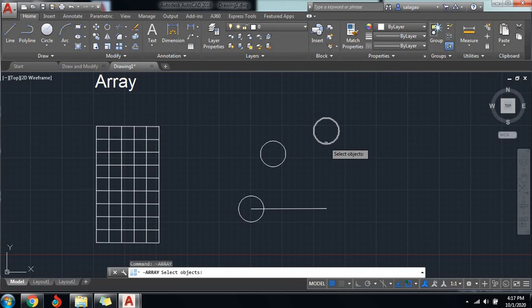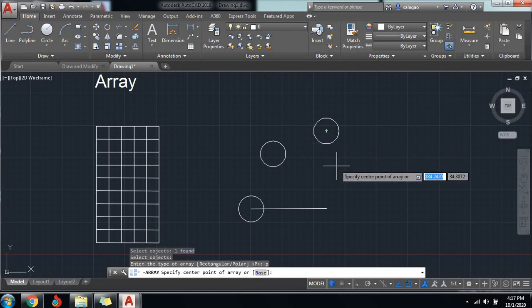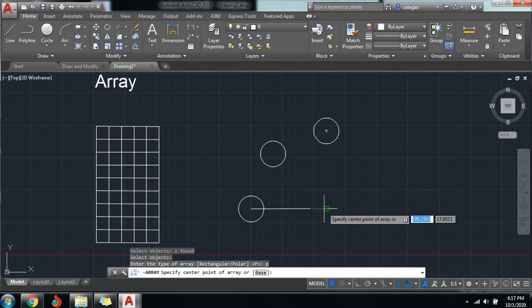and then you're going to click the object here, enter, and then polar. Okay, and then we have the base point. So our base point is here. Okay, enter. Enter the number of items. Say for example you have 6. Okay, 6 items. Enter. And then since we're going to go clockwise, and then the degrees will be, say, since we have